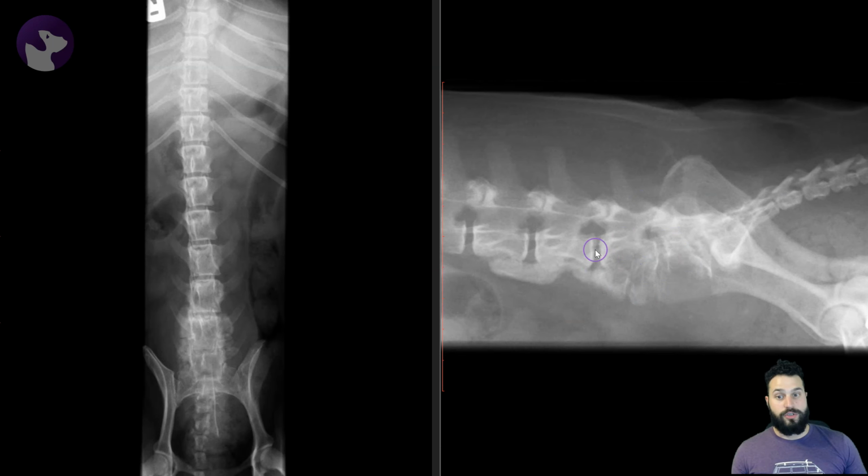So once again, we've got radiographs of our lumbar spine highlighting some vertebral body lysis, and these are some important features to look for: loss of that ventral margin, lucency, and irregular osseous proliferation that doesn't look like the typical spondylosis deformans. So I hope this has been helpful, especially the next time you have to evaluate a patient with back pain or potentially a patient with metastatic lower urinary tract